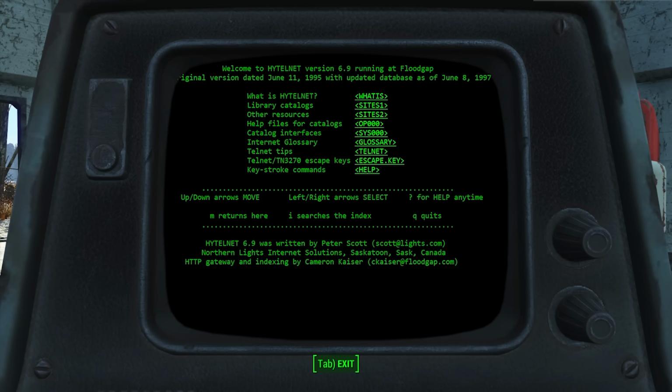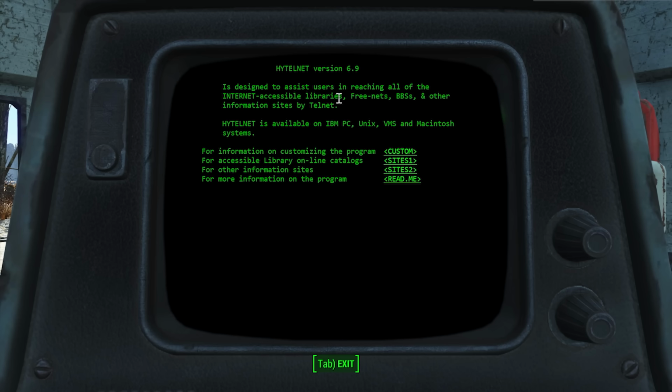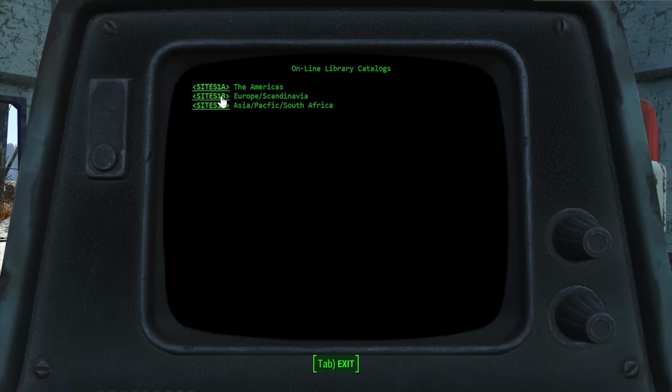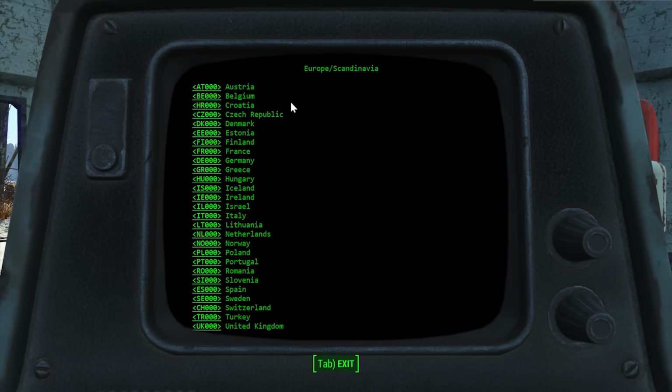Now, what is one of my favorite things that I came across while researching for this video is an interface that was developed in 1990 just as the World Wide Web was starting to come online. It was meant to allow users to more easily access resources like libraries and other public-facing resources using the Telnet protocol. Essentially, users were able to connect through a virtual terminal to servers and mainframes, which would often include BBSs that we spoke of earlier. What I love about this interface, known as Telnet, is that the original format looks remarkably similar to the terminals that we often use in Fallout when they are linked to a network of some type.